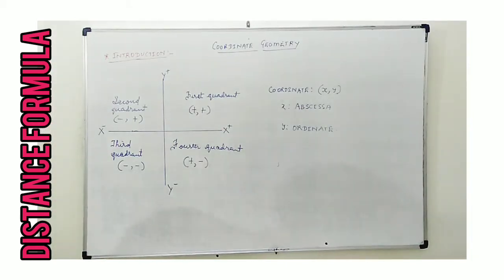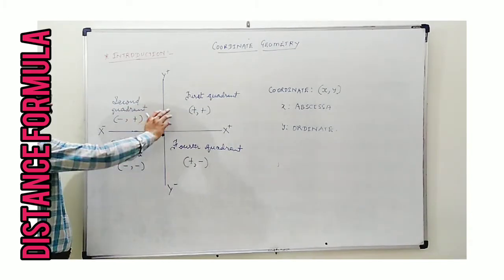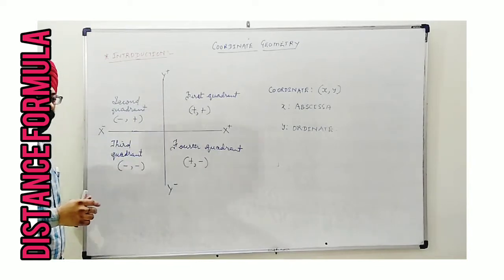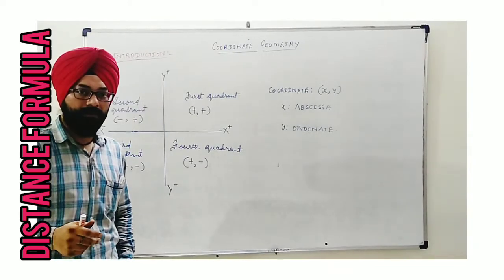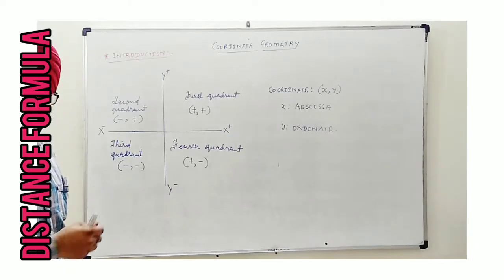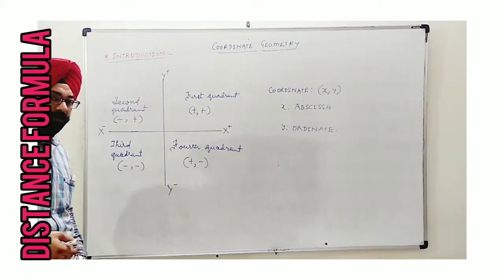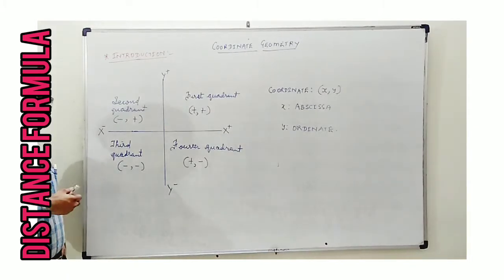First of all, we will see that coordinate geometry is the theory related to the coordinate plane. This coordinate plane is known by other names also. This is Cartesian plane. As you know, this is known as Cartesian system because of René Descartes, the mathematician who introduced the concept. Because of that, it is known as Cartesian plane. This is a graphical plane also, we can say. By the way, we say this as coordinate plane.